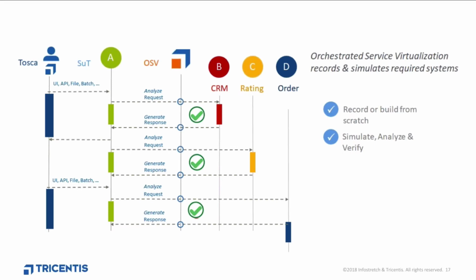Here's an example. Let's say you have the test driver on the left-hand side, as you can see here, and your target application in the middle, and the required additional systems on the right. You got several systems your environment has to talk with. And Tricentis Orchestrated Service Virtualization now lets you record these systems to simulate them afterwards in absence of the actual system, so that during your test execution, your application is communicating with Orchestrated Service Virtualization only.